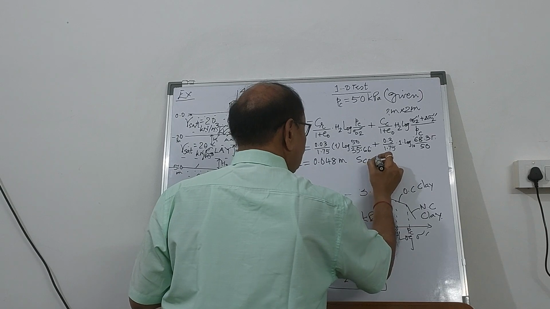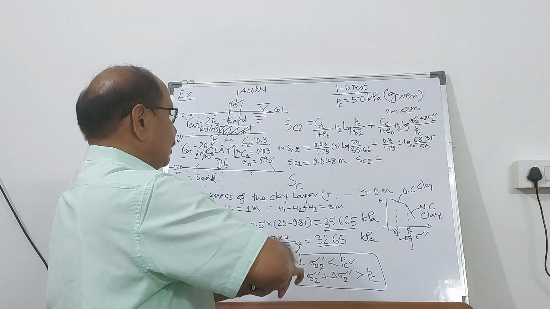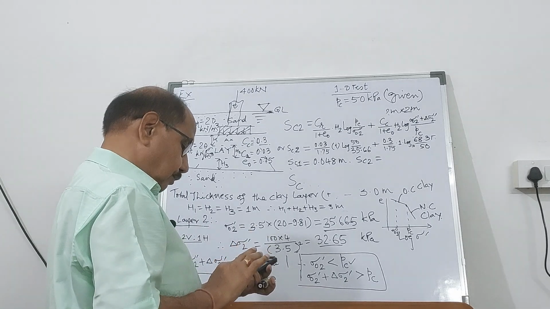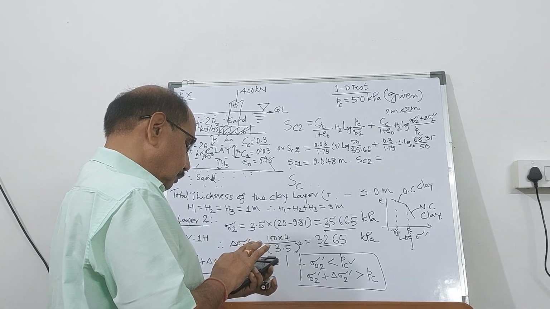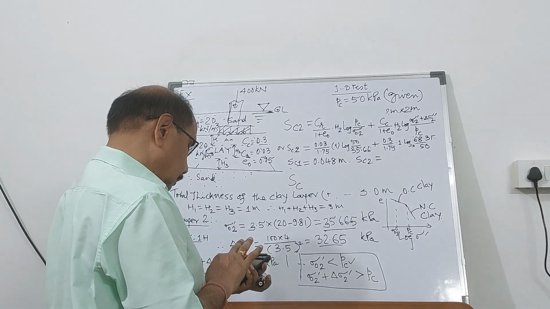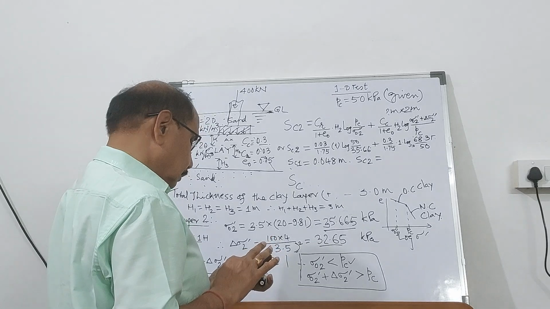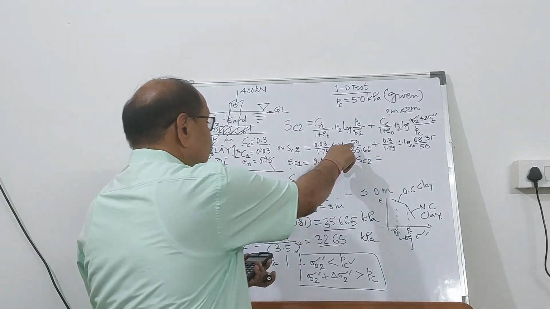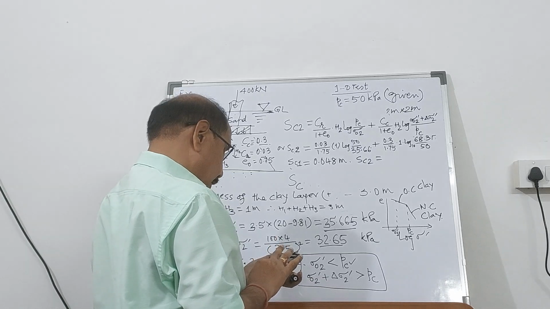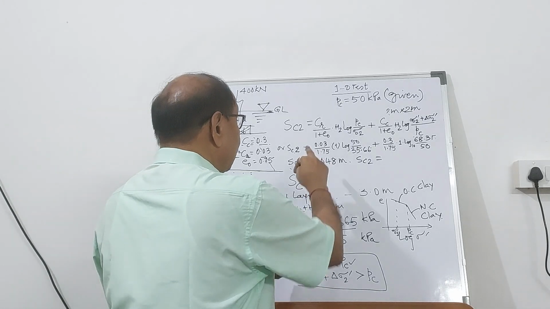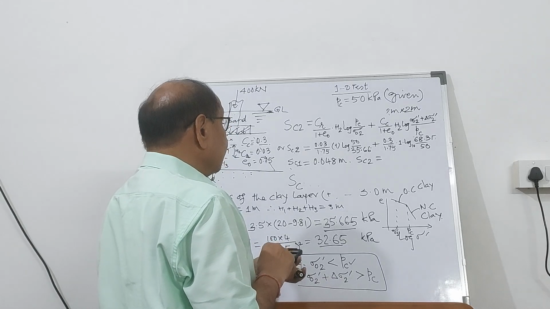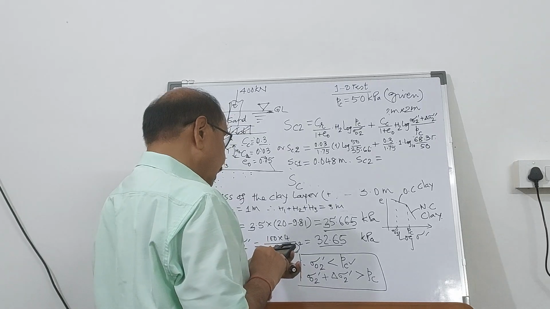So SC2, from the simplification of this, will give you log of 50 divided by 35.66 multiplied by 0.03 divided by 1.75